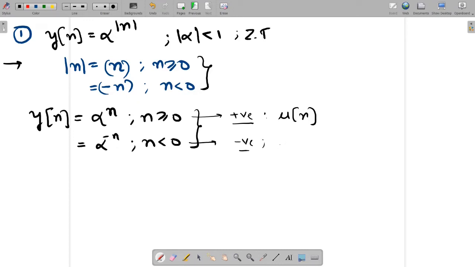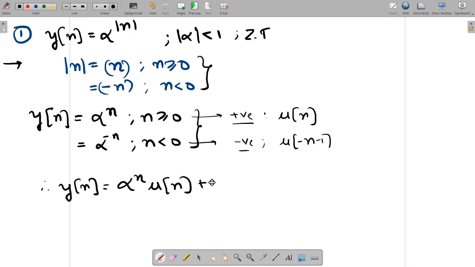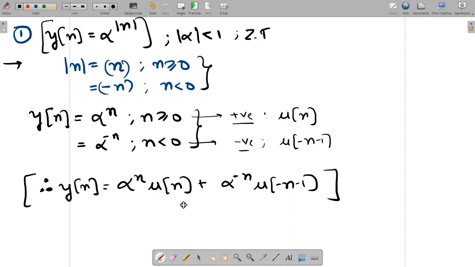In Z transform, we will see it as u of minus n minus 1, right, we have seen these properties. Therefore, y of n is equal to alpha raised to n u of n plus alpha raised to minus n u of minus n minus 1, right. So, my sum now is in this way over here, this is my sum and this was the earlier sum. Now, we have expanded that to get into this form, okay, and we can apply which property over here? The linearity property,